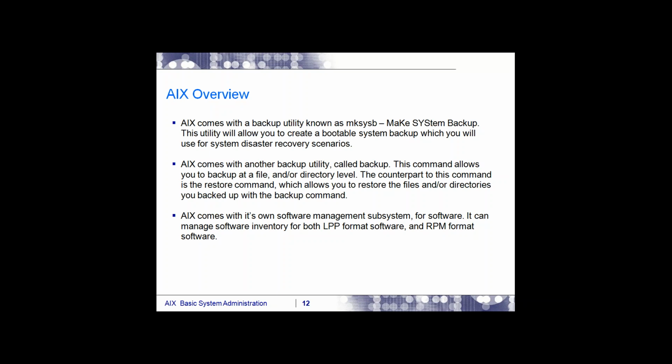So what happened here is, when I say Linux Affinity, it is not going to support the entire set of Linux RPMs on AIX. What IBM has done is they have chosen some packages from Red Hat, from Linux, and certified them. Only those certified packages can be installed on AIX.